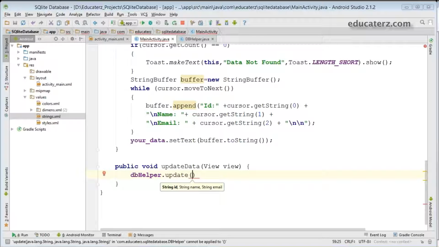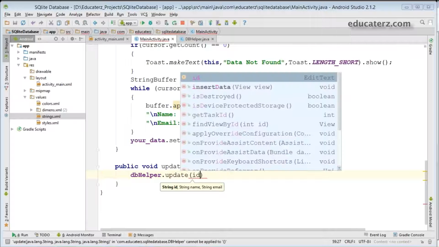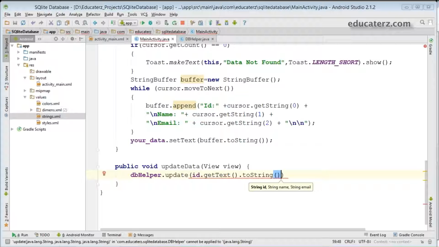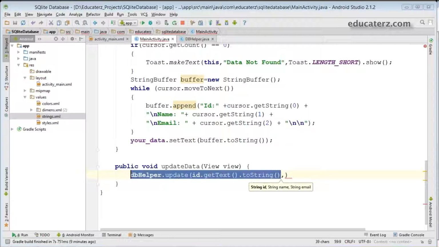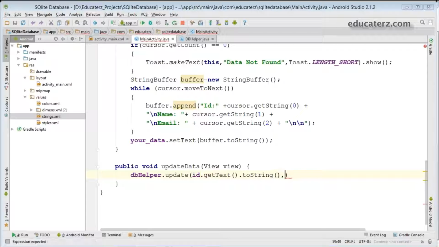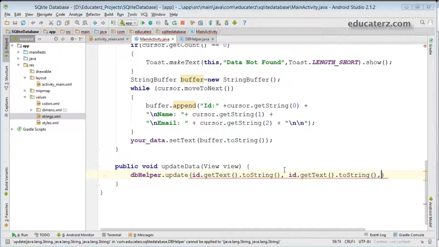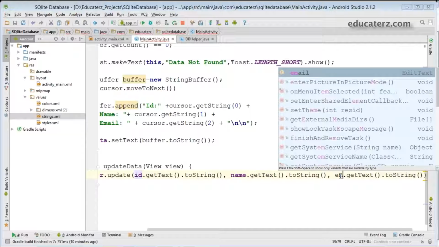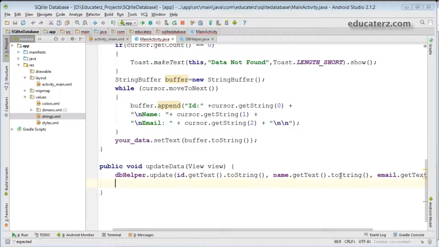This is going to take three parameters: id, name, and email ID. How can I get the id? Using id.getText().toString(). From that text we are going to get the data, and do the same for the remaining things as well. We have two more columns, so the next one is for your name, and this is from your email entry, the email text, with a semicolon.